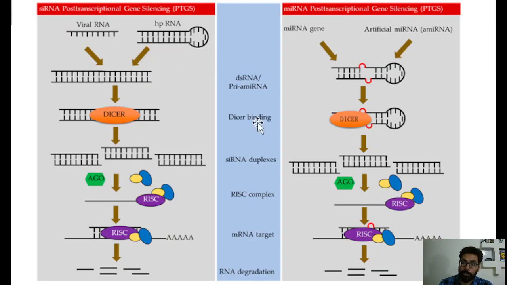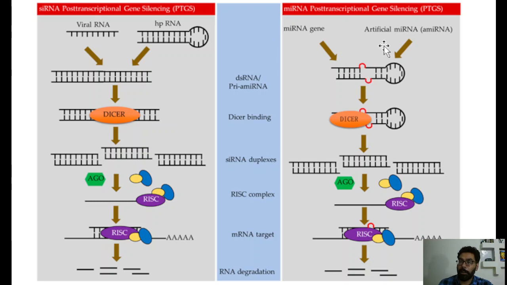So we already discussed that siRNA-mediated post-transcriptional gene silencing is happening, and miRNA-mediated post-transcriptional gene silencing is happening in plants. So what is the basic difference? The basic difference is that siRNA-mediated post-transcriptional gene silencing is happening from outside genetic material, or RNA that is coming from the outside, foreign. But because plants have their own miRNAs, they will produce